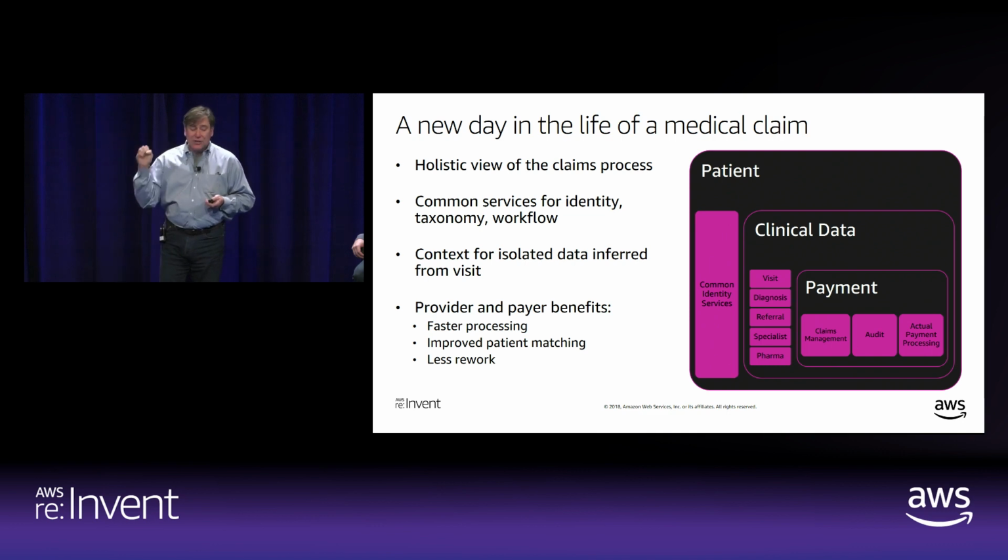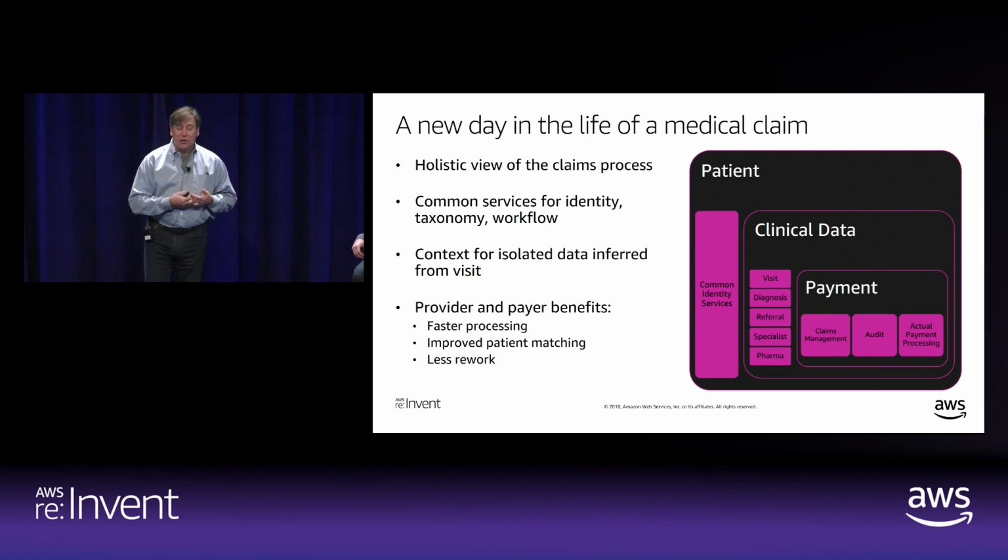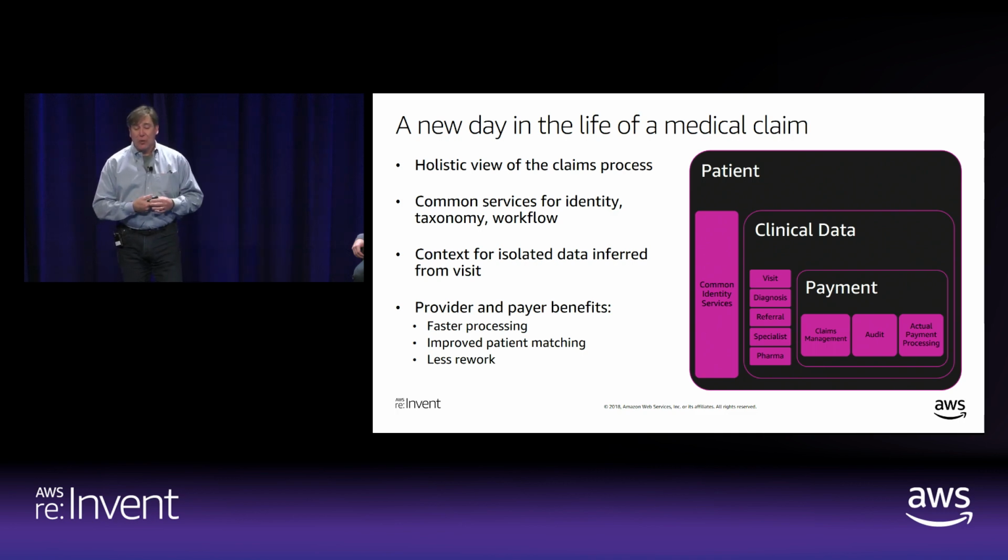You can take any of the objects here and shake it out to be able to get the clinical data view or the payment view, and be able to look back at the individual payment or patient view for a lot of this stuff. The actual transactional information is still tied back to the underlying data source, so we never lose the audit trail on many of these things, but it allows us to put it within a broader context that allows us to serve the specific stakeholders that we need holistic information about, whether it's the patient, the plan,